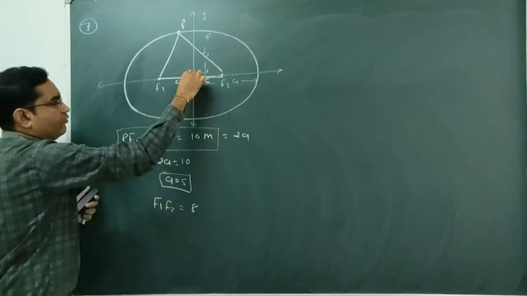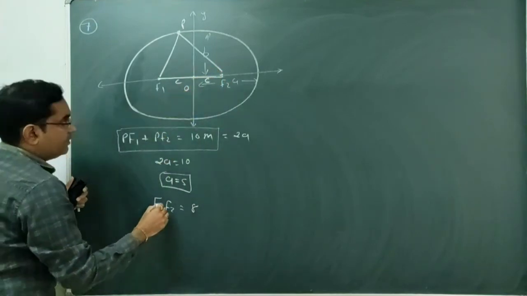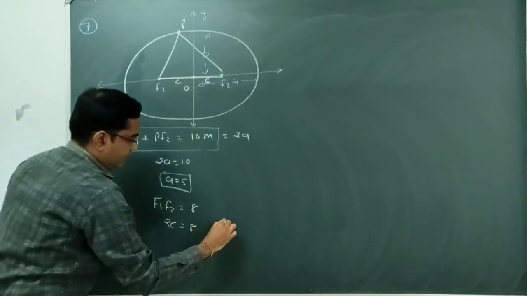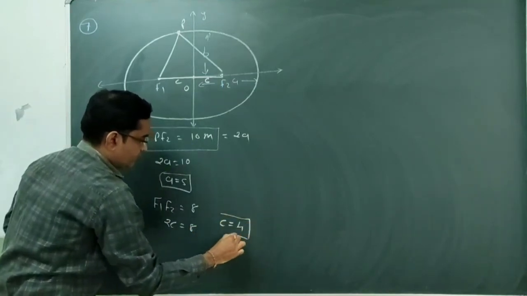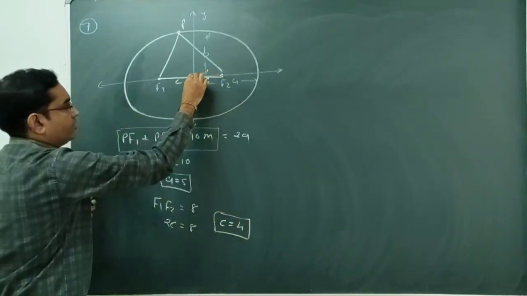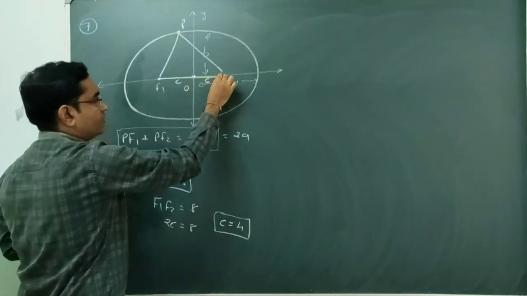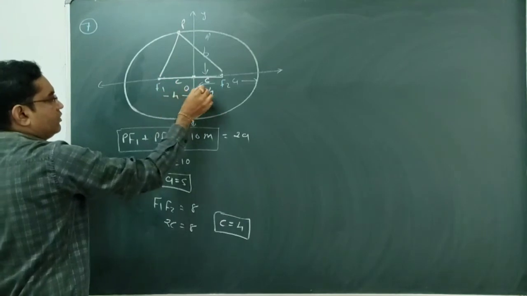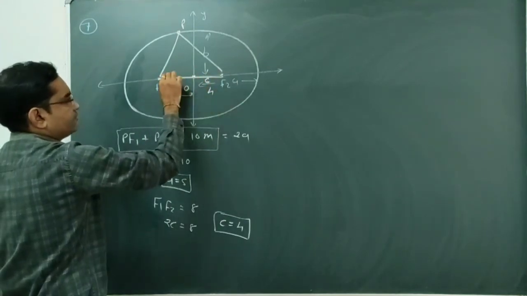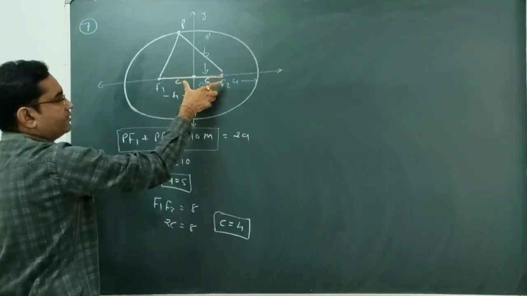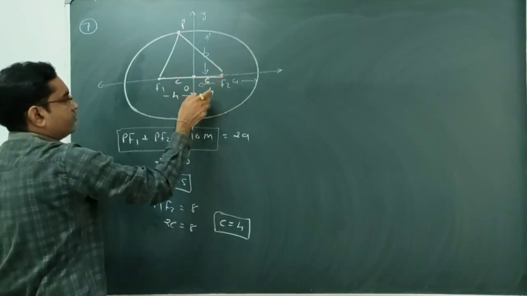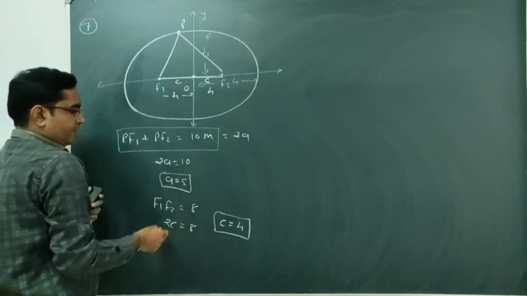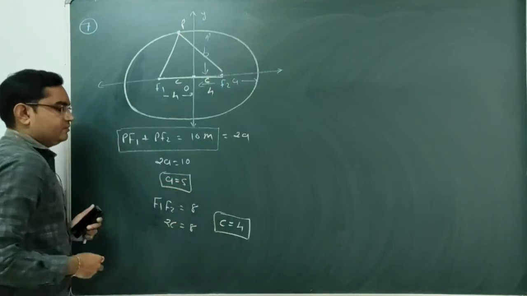So what is the focus length? This will be twice of c, so twice of c is equal to 8, and hence we are getting c equal to 4. This distance will be c, 4, from the origin. From the origin to here the focus distance is 4, and from here to here this distance is 4. So the total distance between these two flags, which are our foci, will be 8 units, 8 meter. So here we are getting two values, a and c.